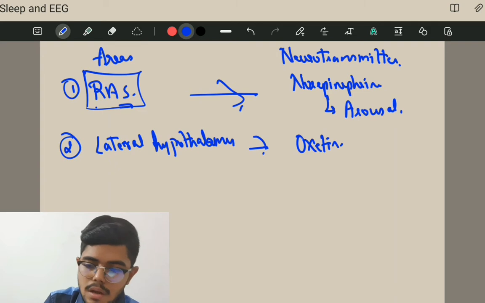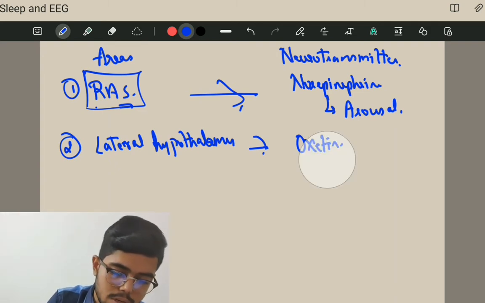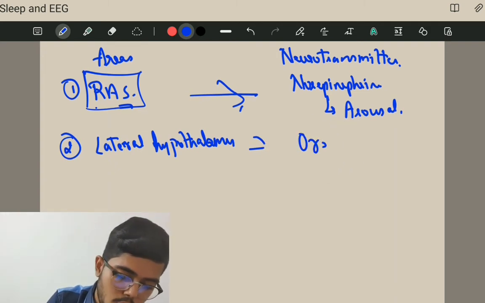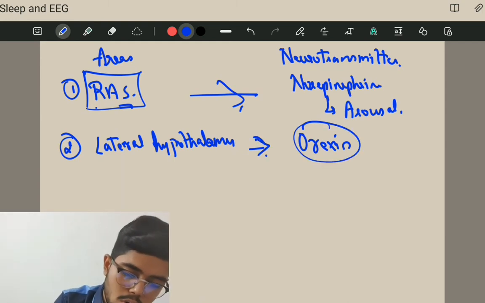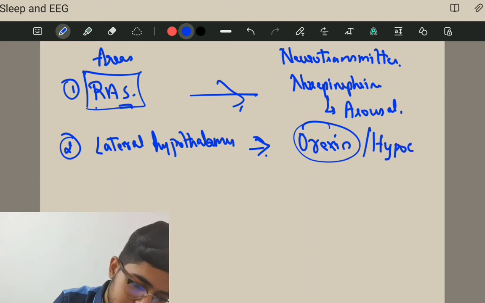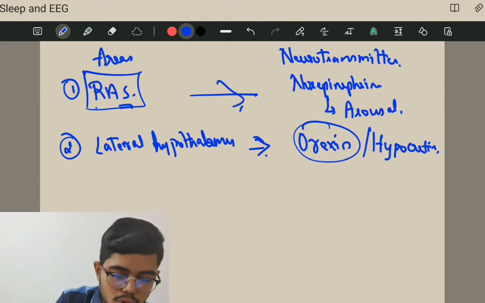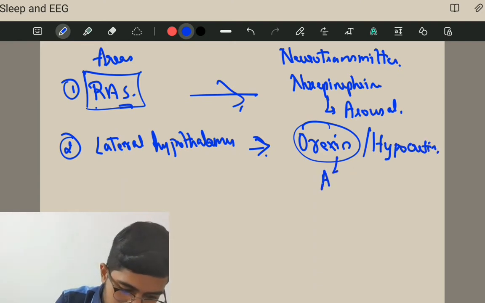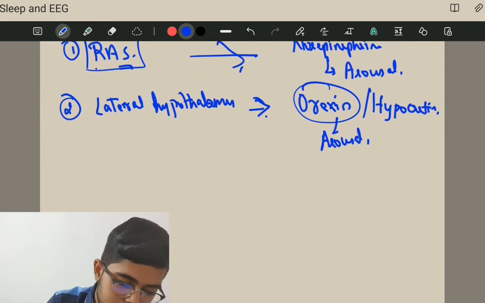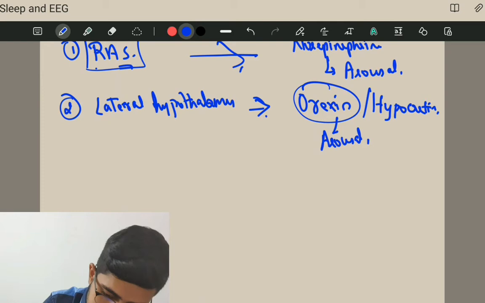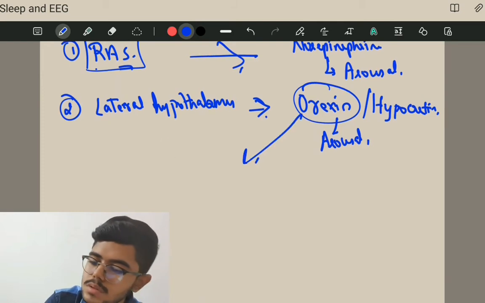Not oxytocin, orexin. Okay, orexin, or we also call it hypocretin. This is also for arousal. Okay, orexin. So here, if there is any mutation in the neurotransmitter,